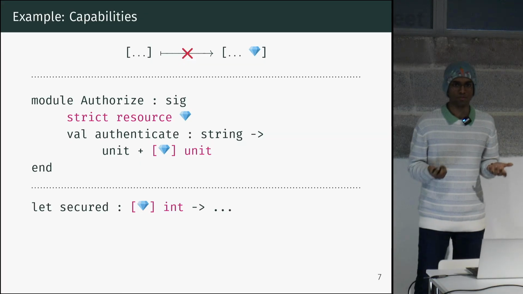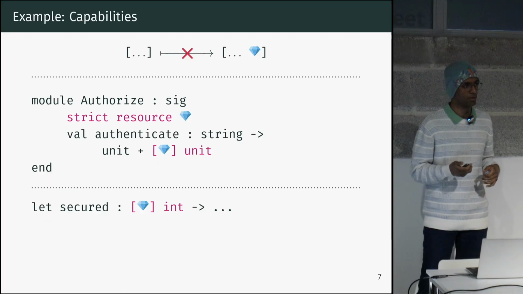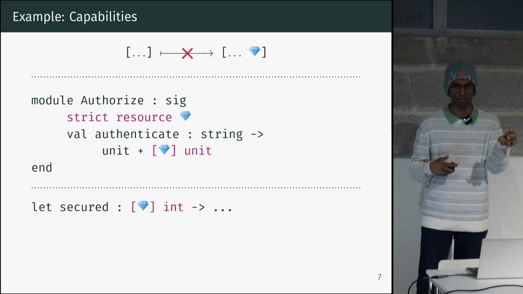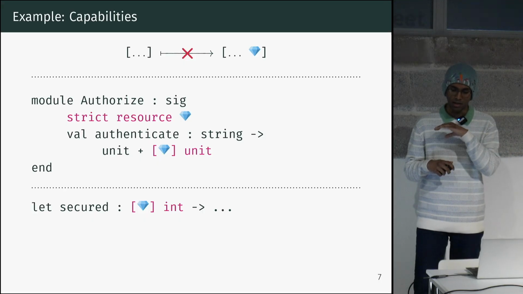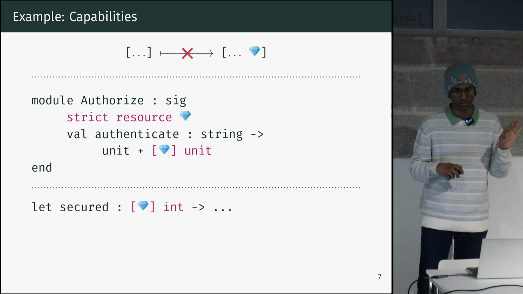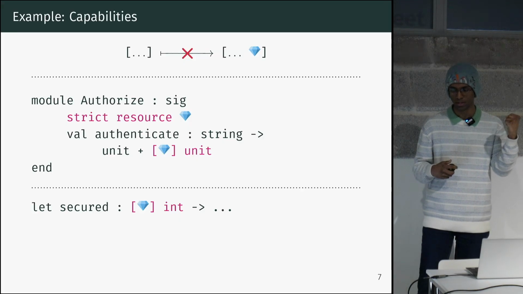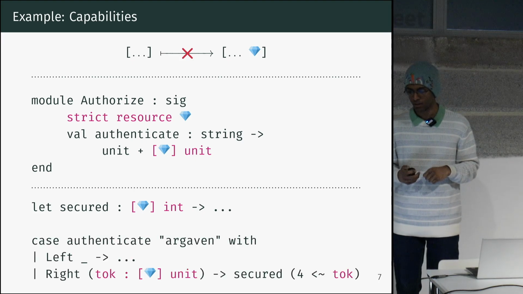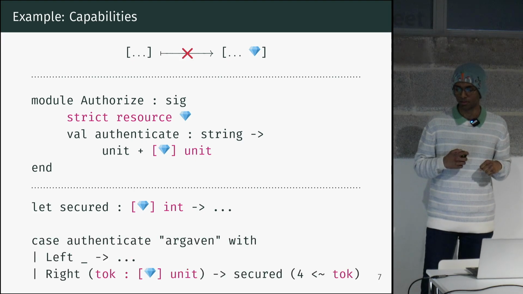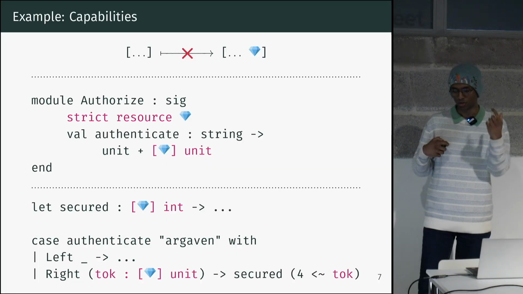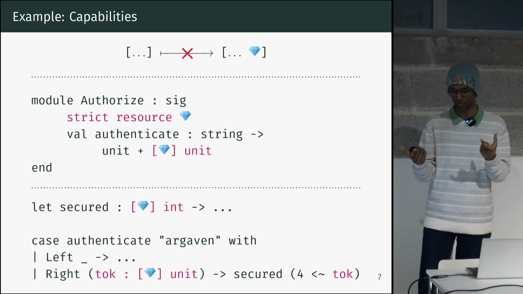And so if you have some sensitive computation that you want to guard in your program behind authorization, all you have to do is mention a diamond in one of its arguments, and then anything that hasn't witnessed a successful authorization and therefore doesn't have a hold of one of these diamond tokens to give to it cannot call that computation. So just to flesh out the example a bit here, you can call authenticate with the password attempt string,